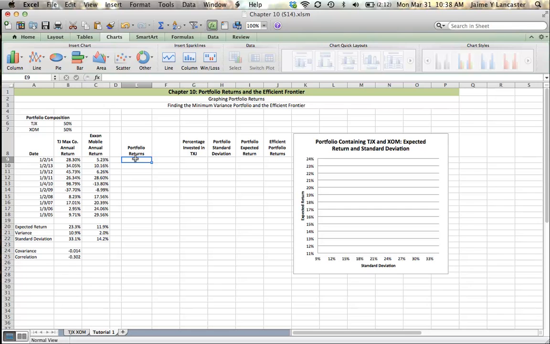So let's see what a portfolio of these stocks, a combination of these two, returned in the past and what we might expect it to return in the future. There's another tutorial in Chapter 9 on how to do this, so I'm going to move pretty quickly. So in 2014, 50% of our portfolio returned 28%, and we add that to the other 50% of our portfolio that yielded 5.23%. So that means in 2014, last year, or this year, the year ending today, we would have had